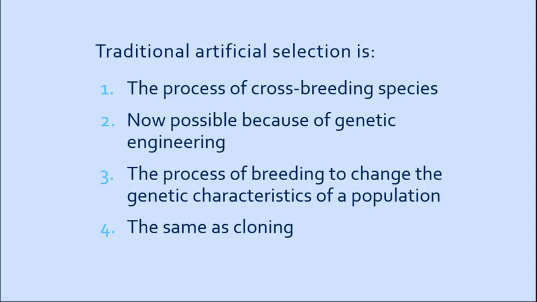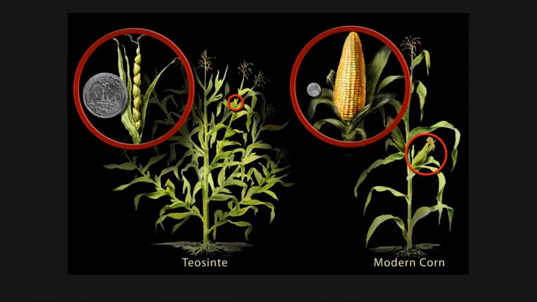You can crossbreed species, but it doesn't necessarily mean that you're artificially selecting species. We breed to change genetic characteristics of a population, and that is artificial selection. And the textbook example is corn, right? This is teosinte. It is the progenitor of corn. These are very hard cases that don't open very well. There's not a lot of them. We have bred it until it has become this, and that is different, right? Zea mays is the binomial nomenclature for that, and it's the only one in its little group, right?